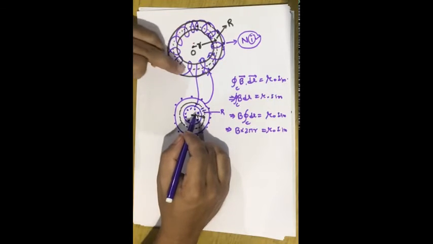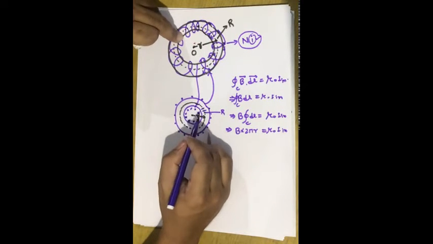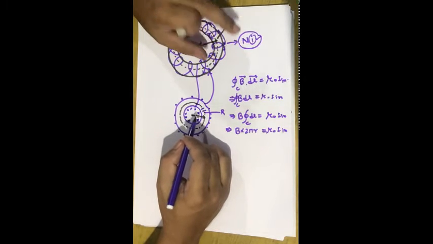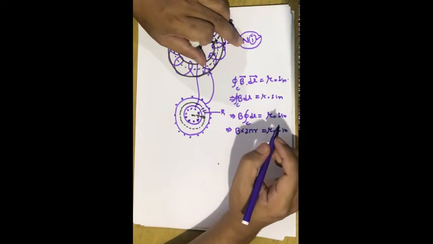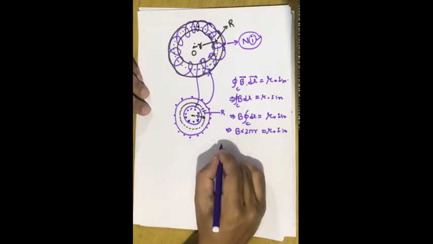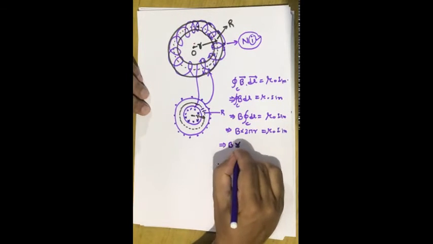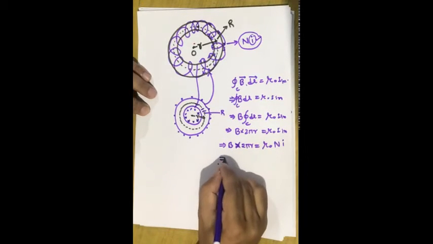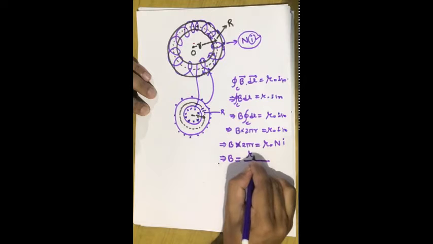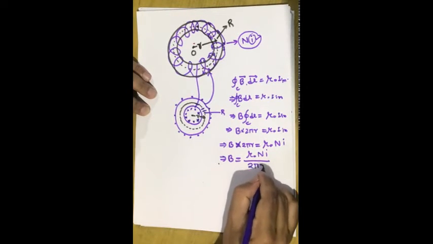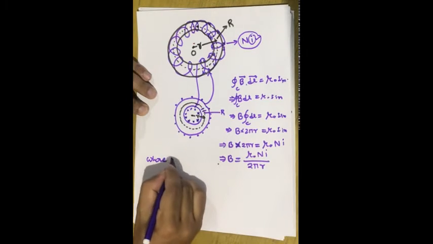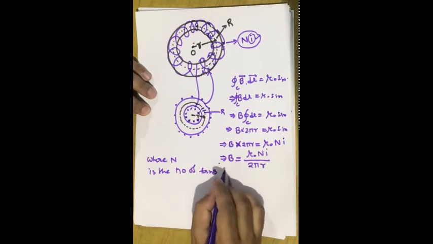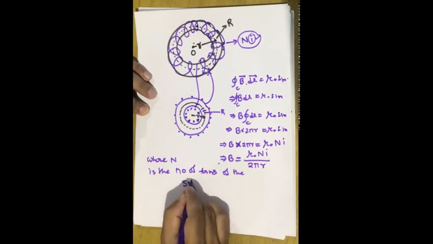We are assuming that there are N number of turns of the solenoid, therefore each turn will carry current I, so N number of turns will have capital N into I total current. So B into 2 pi r will be equal to mu naught into N into small I. So capital B will be given by mu naught N I divided by 2 pi into small r, where capital N is the total number of turns of the toroid.